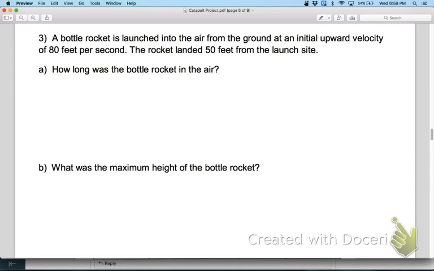It says a bottle rocket is launched into the air from the ground at an initial upward velocity of 80 feet per second. The rocket landed 50 feet from the launch site. How long was the bottle rocket in the air? Okay, so we're trying to solve for time, and you'll notice the information they gave us is all about its upward velocity. So that tells me that I am interested in the equations involving y,